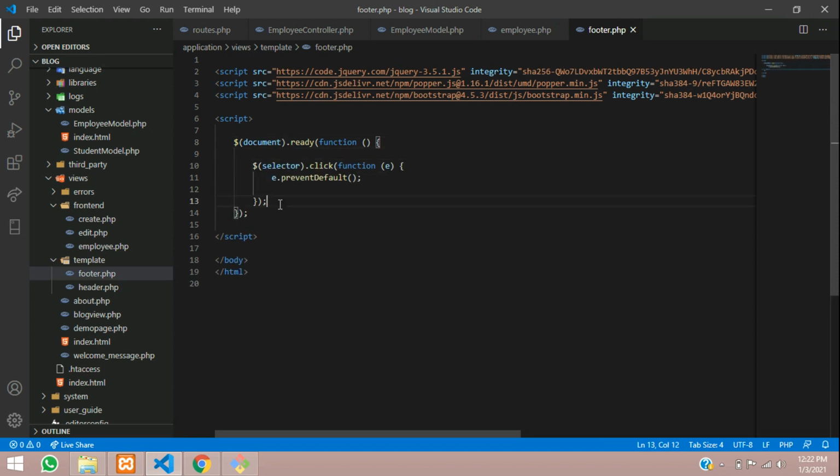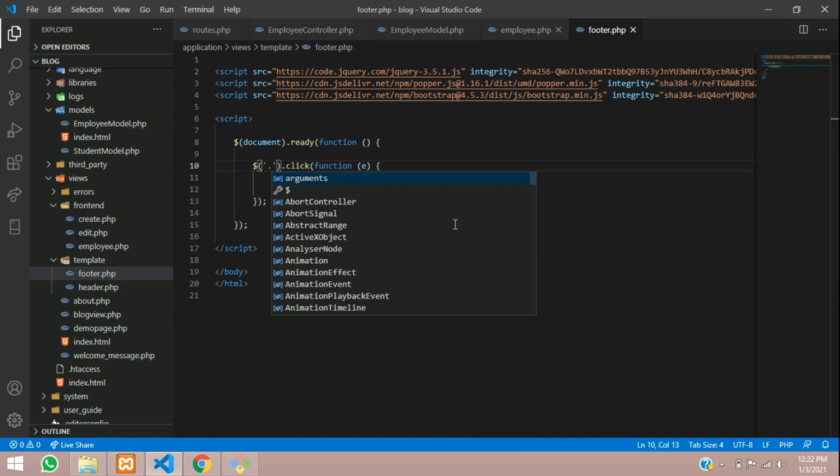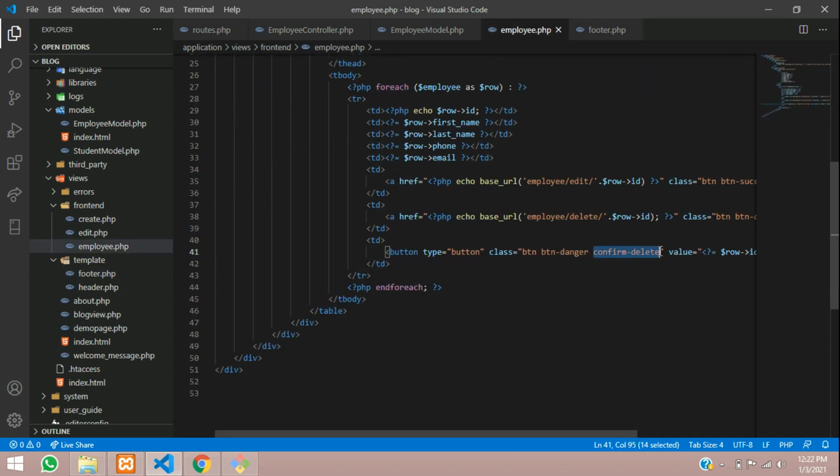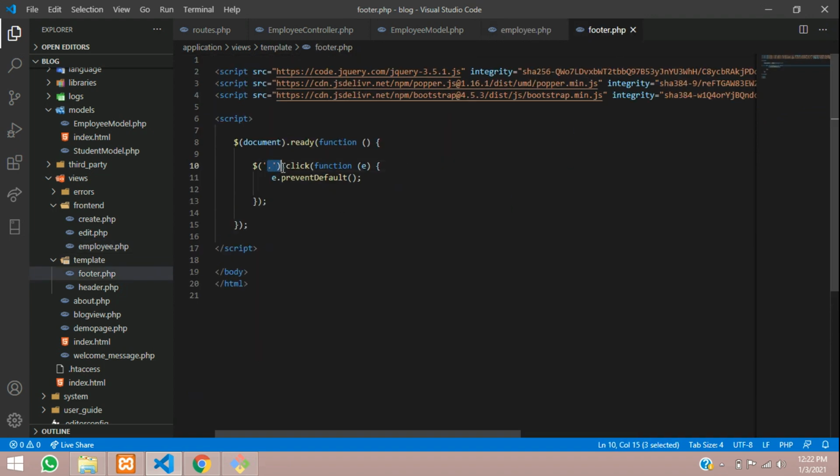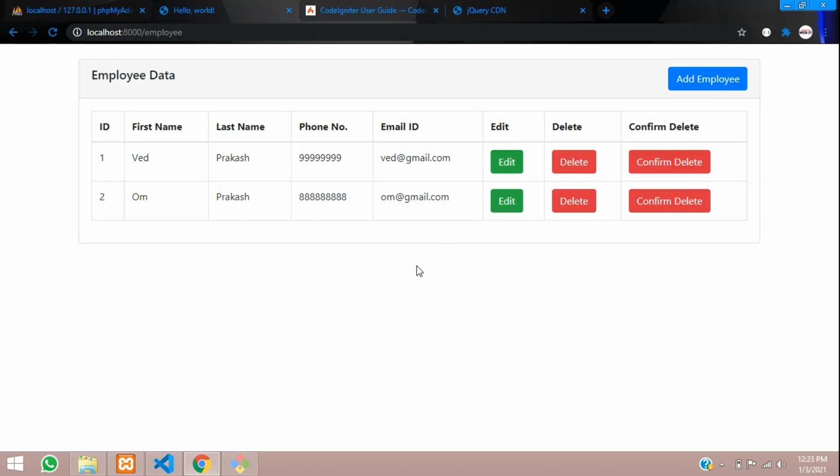Okay. And now inside this selector, we have to assign the value, whatever we have given. As we have given confirm delete, let's copy this. This is a class, so the class is assigned with this dot symbol. Okay. So once you click this, you will be inside. So just for testing purposes, let's type an alert function, where I'll mention that I'm here. Okay. So let's save this and reload the page. Cool. So let me click on it. Great. So we are here now.